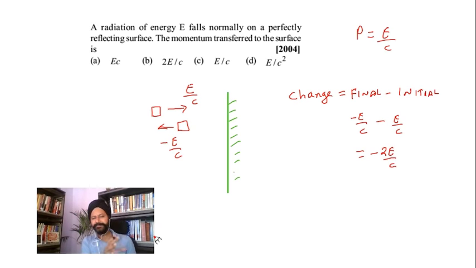See, the momentum transferred to the surface, this is the momentum given to the photon. Momentum can neither be created nor destroyed, so the photon has received this much, the wall has received the opposite, plus 2E by C. Okay, so this is the answer, 2E by C. Please do remember momentum is never destroyed. If you throw a ball on the wall, the ball comes back, so it has a change in momentum, but the wall along with the earth has started moving forward, but because of the huge mass, that momentum means a very tiny velocity there. Okay, so is everything clear till here?